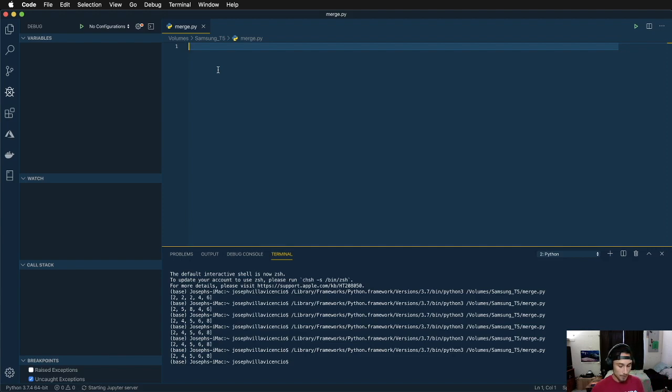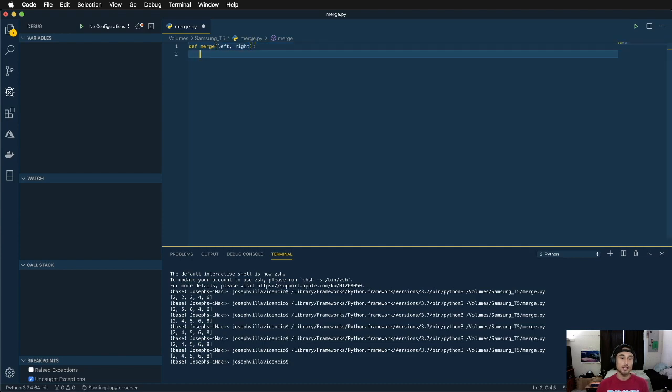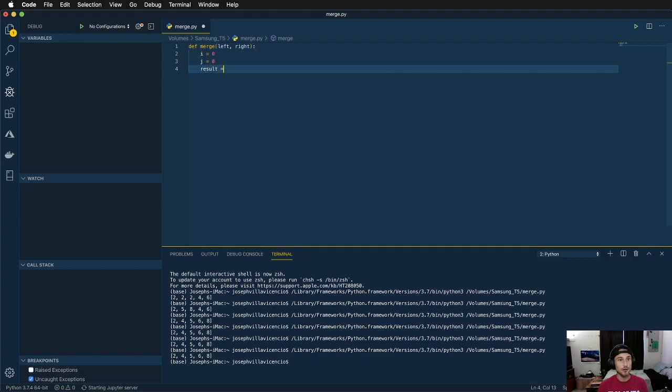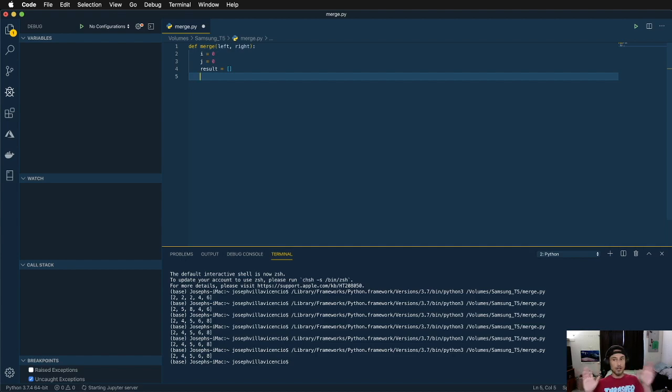So I'm just going to start it out, and we're going to define a merge function, and it's going to take a left and a right array, or the split halves of the array. With each half, we're going to have an index for the left array, an index for the right array, and then we're going to have a resulting array. This is what our return is going to be, and we're going to compare the left element and the right element, the first one of each array, and then we're going to append the smaller one